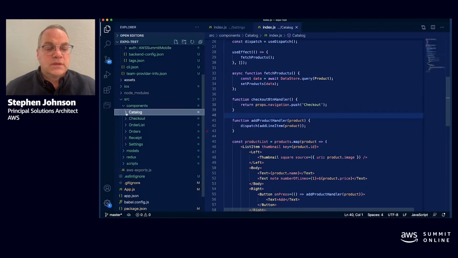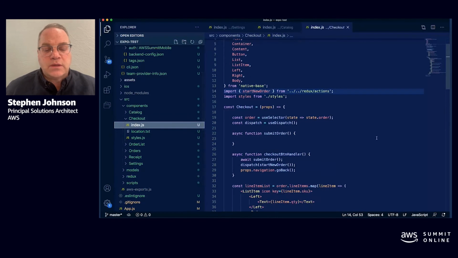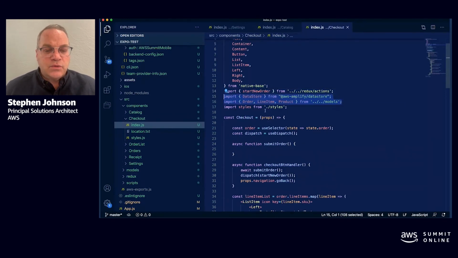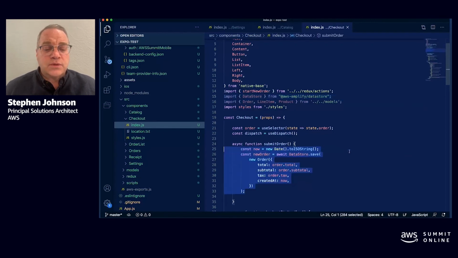Okay. So that's ready. The next thing we want to do is a checkout. Now the checkout's a little more complicated because we're going to be creating line items and the associated order. So once again, we're going to import the DataStore library, and we're also going to import Order, LineItem, and Product because we're going to be building a data structure that we're going to save to our DataStore here.